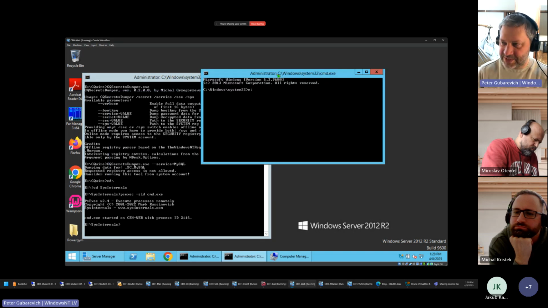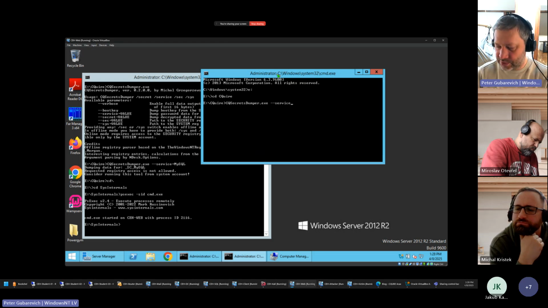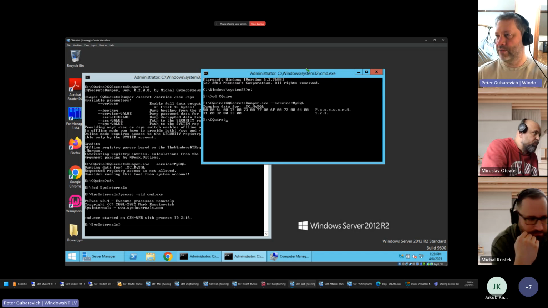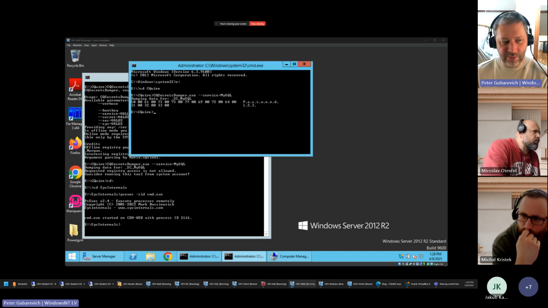And now from this CMD, I'm going to run secure academy, secure secrets dumper, --service equals MySQL. Now it's done. That was a little bit chaotic, right? But